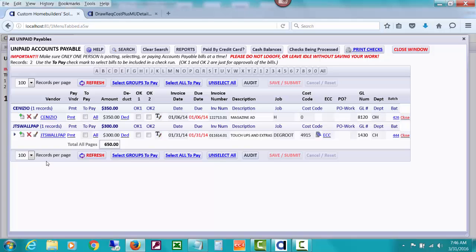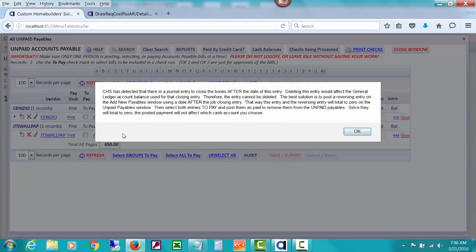Let's see what message we get if we try to delete this Sonizo one. Now it's telling us that CHS has detected that there's a journal entry to close the books. This isn't related to a job. It was just a general and admin expense. And it's telling you basically the same kind of thing, that deleting this entry